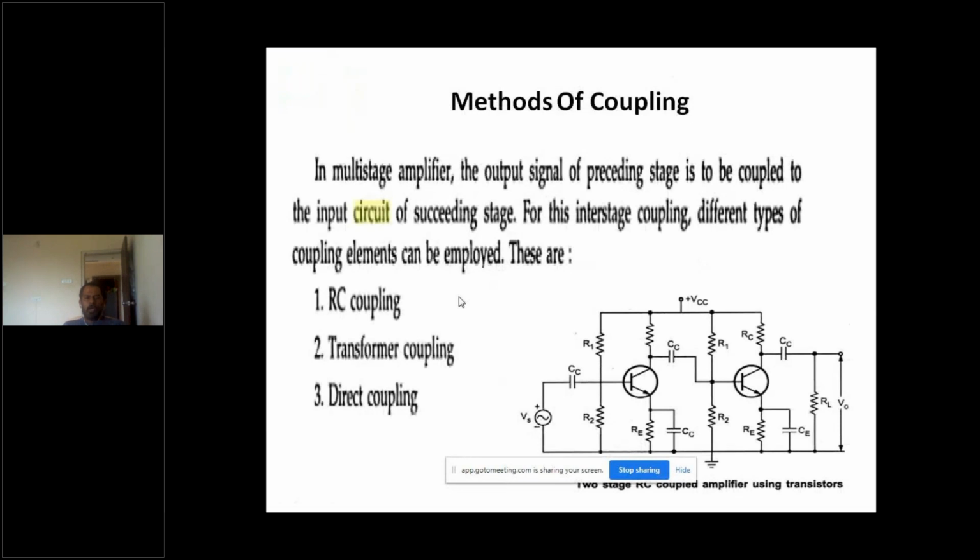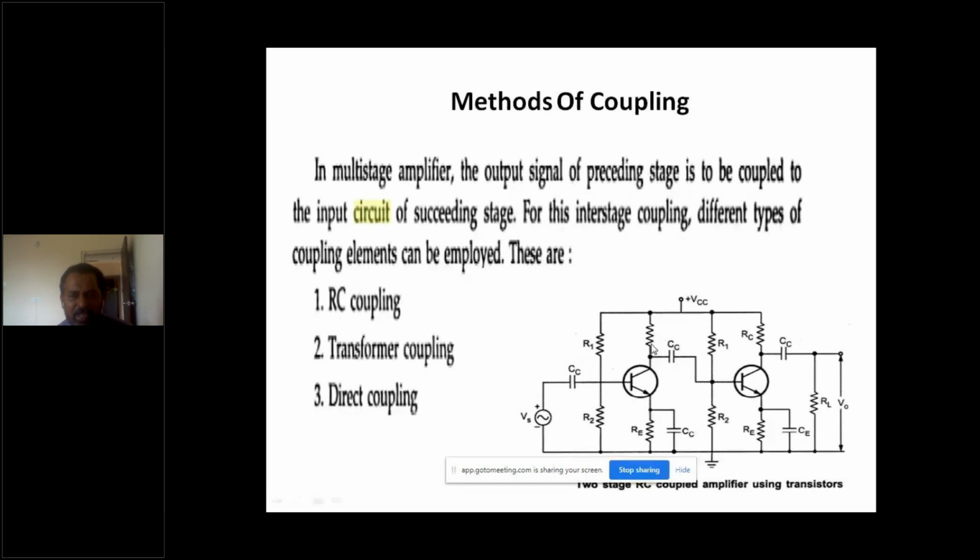Now, how a signal from one amplifier output is given to another amplifier input is known as coupling. Coupling is very important because suppose in this slide you have two CE amplifiers cascaded. Now what happens? In general, the output resistance is around 50 kilo ohms for CE, whereas the input resistance is around 1 kilo ohm for CE. That means I'm passing my signal from a 50 kilo ohm point to a 1 kilo ohm point. I can directly send my signal, or I can use some kind of coupling.